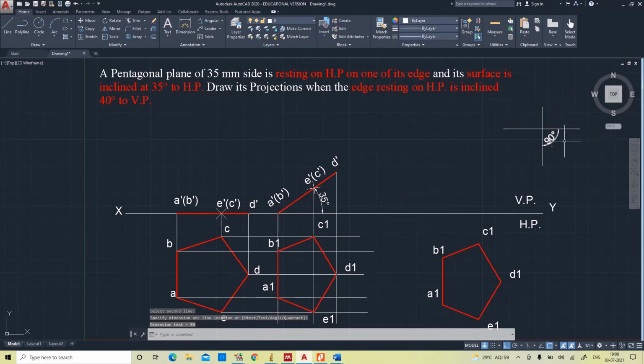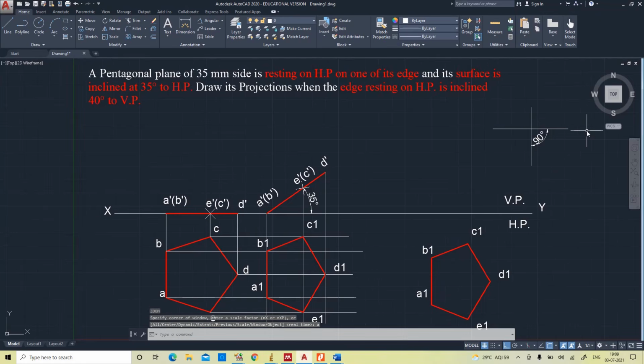See, in general, in AutoCAD, always the vertical line will be 90 degrees. When you are rotating this vertical line, select base point.